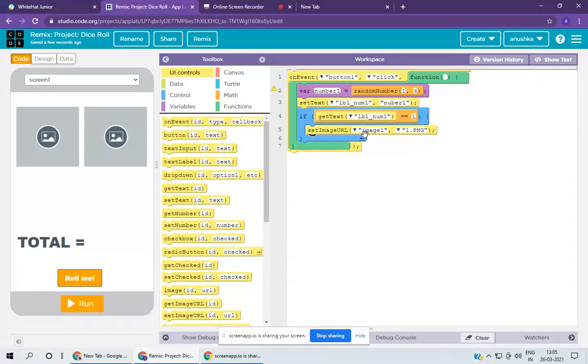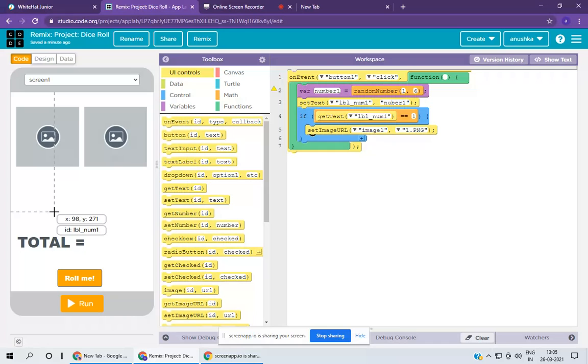And image 1, why? Because this is image 1 and this is image 2, and we are coding for image 1, so that's why we used image 1. And why label number 1?